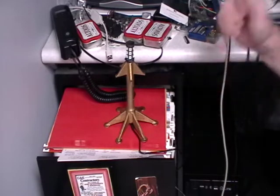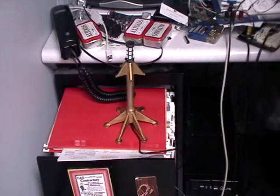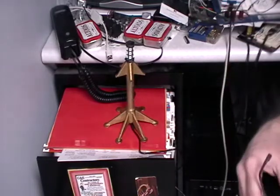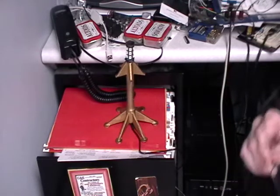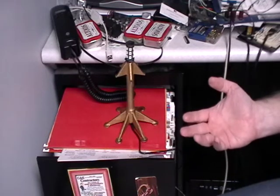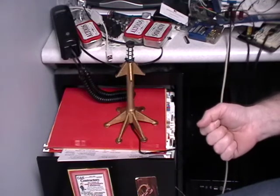That lamp was a Christmas present, and I sent it off to her and she loved it, and I will put a link to the video of that lamp in this video. But we started thinking, what the heck does a real steampunk lamp look like? I mean, if you go and you look at